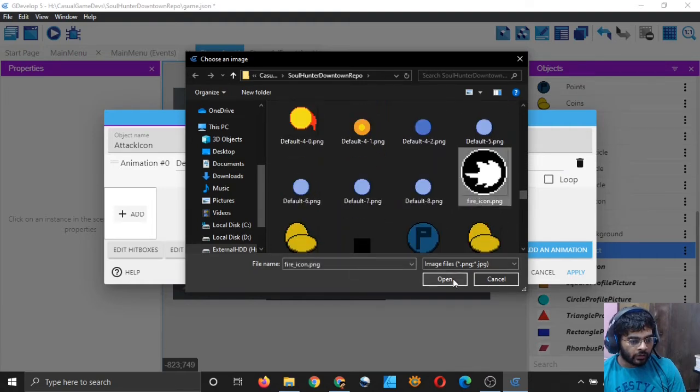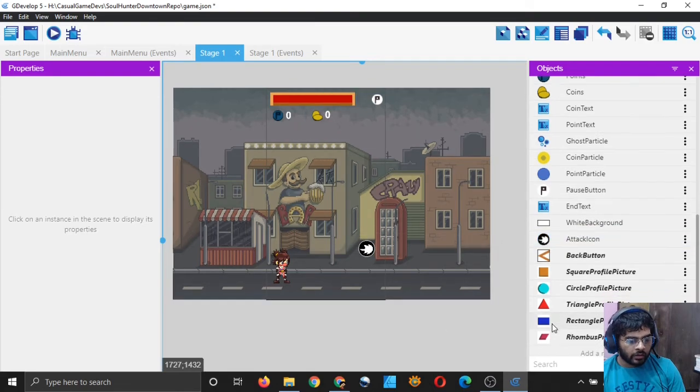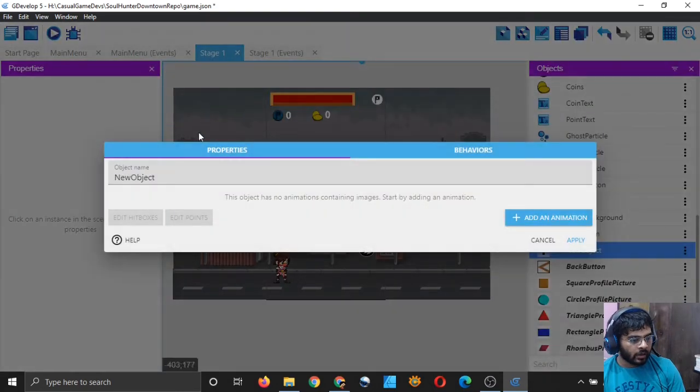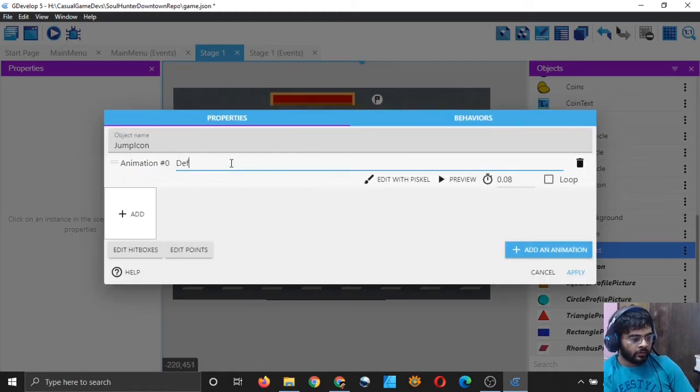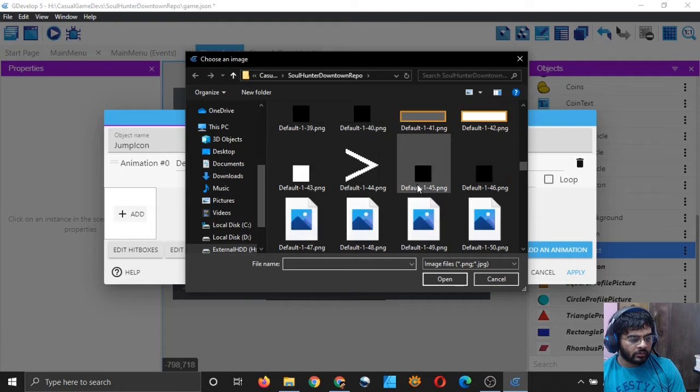There it is, fire icon. That's good. Apply. You can drag it here, right? And then I will again add a new object sprite and I will call it jump icon and add animation and default. Simply add an image. The image name is jump icon only.